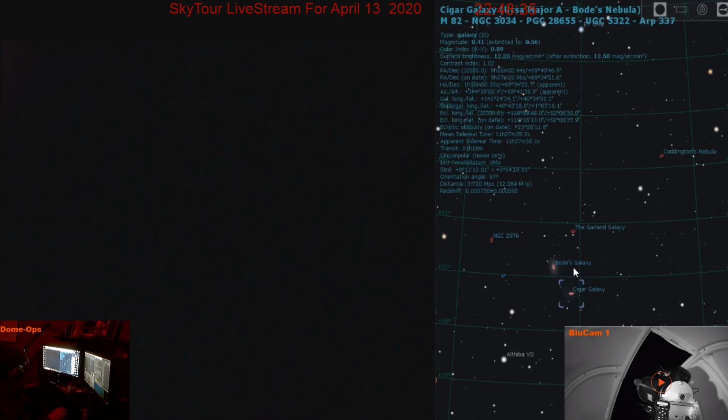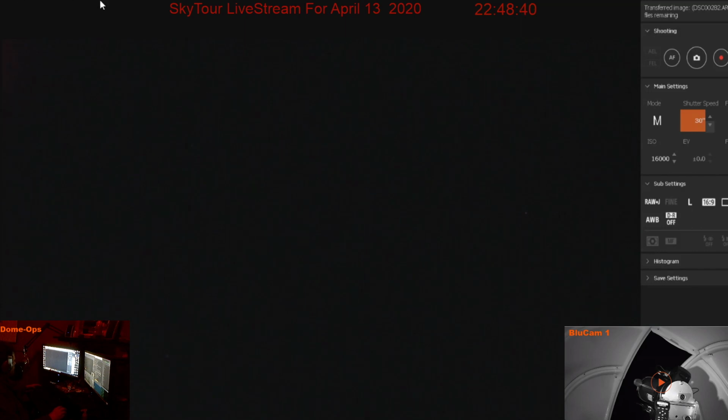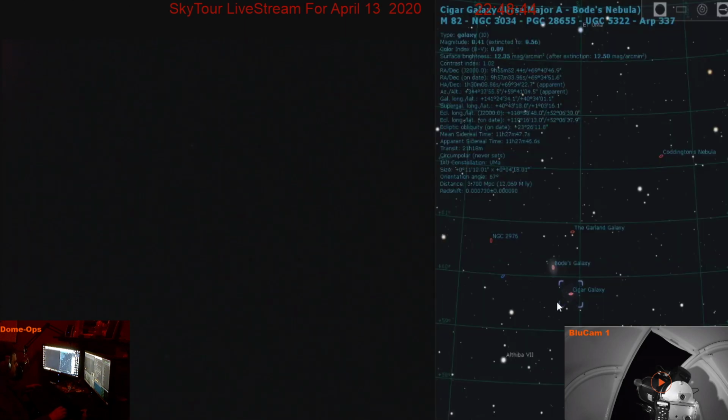Oh, well, that's okay. Now we're going to take a break from the comet tonight for a moment. We will be back, okay? But I would like to take us to something else so that when we come back, we can compare the motion of the comet. Cool. So now we're going to go to an object that's 12 million light years away. All right, buckle up, everybody, because we're traveling to